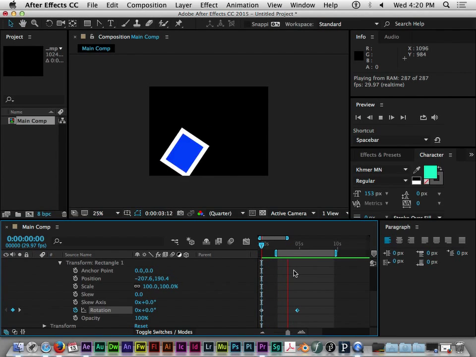And then do you just also keyframe the position in order to make it look like it's rolling across? Yep. So then I'll,